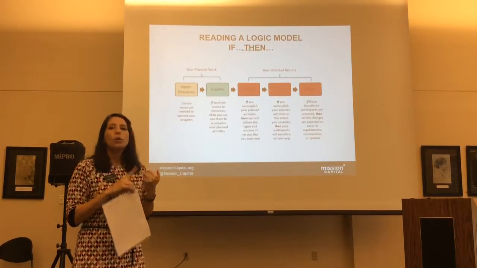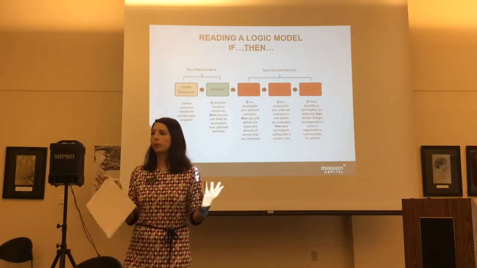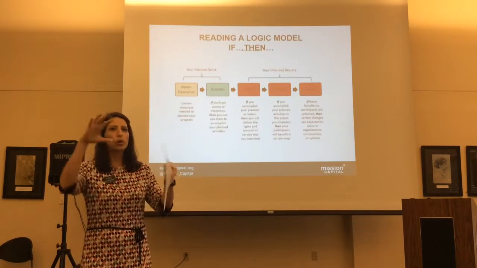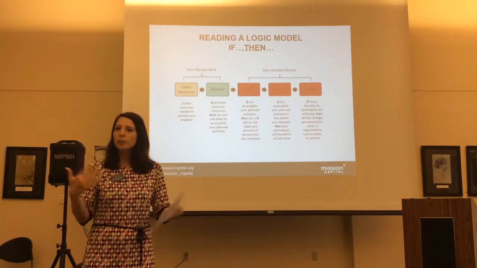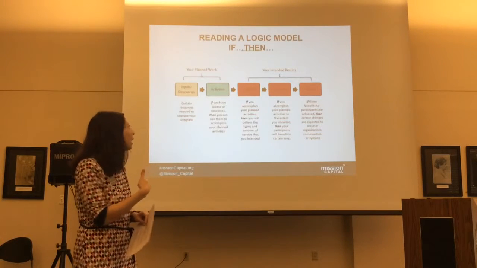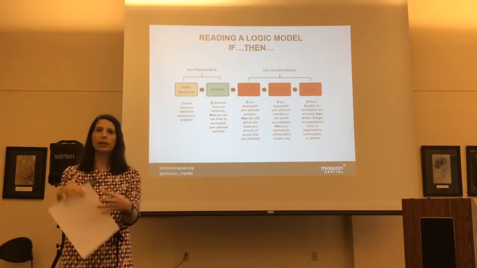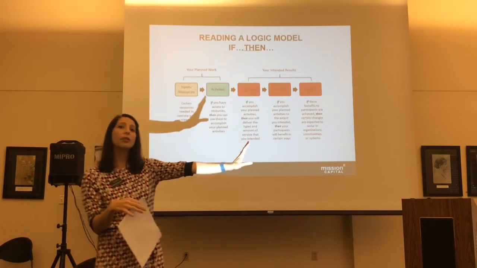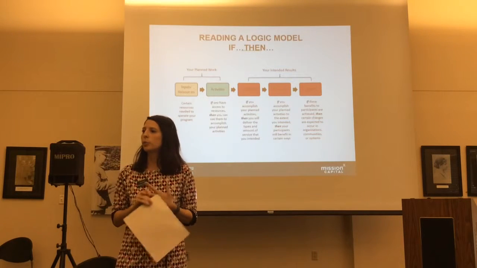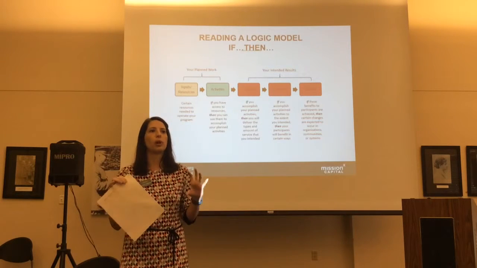There are lots of different ways that a logic model can look. If you were to do a Google search, you would see many, many different types of logic models. Some use circles or concentric circles, but oftentimes the typical, traditional logic model is a series of boxes. On the left-hand side, that's your planned work, your resources and your activities, what it is you're doing in your program. And then on the other side, it's your intended results, your outputs and your outcomes. We'll be talking through each of those today, but that's generally the framework for your logic model.